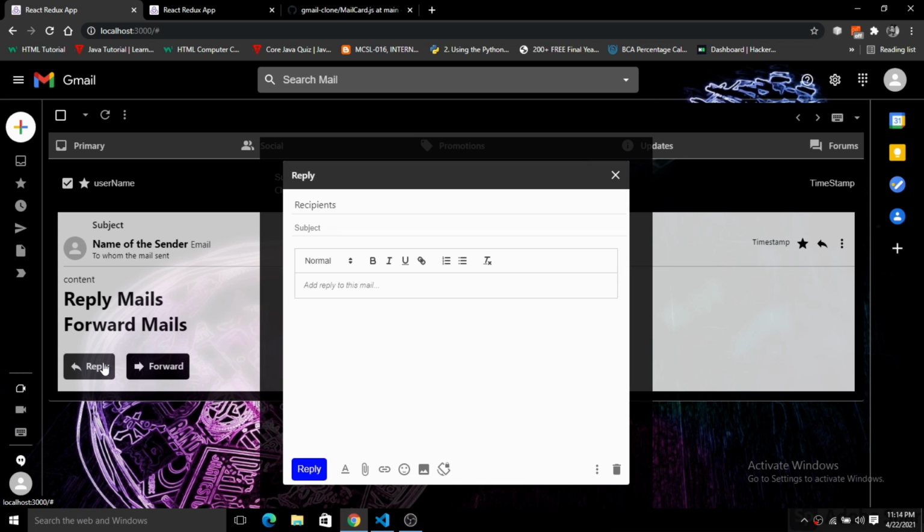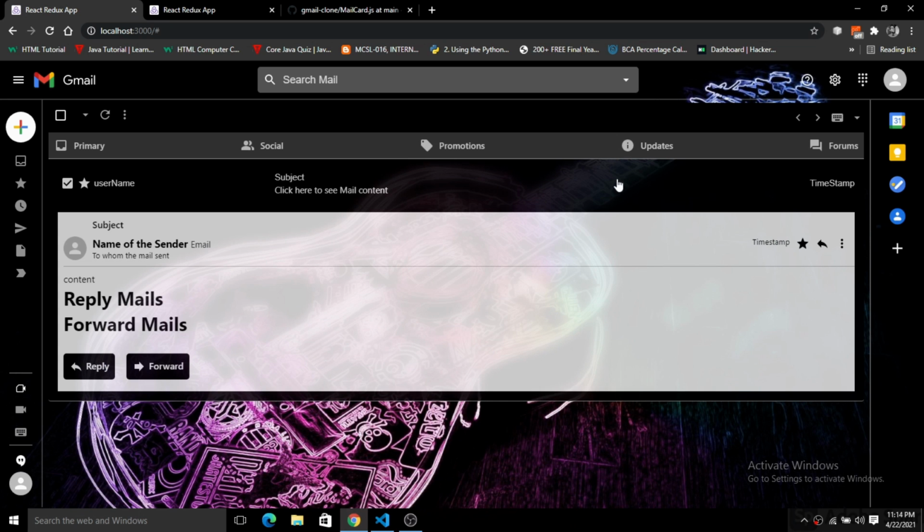So this is the third part. Okay, so what we have done in the first part: in the first part we have covered the demo and the configuration. In the second part we have covered building the UI. As you guys can see here, this is this UI. Here we have created the sidebar, the header, we have created the widget, and we have created the mail component. In the third part we have added a React modal integration, and we have created a reply mail and the forward mail feature inside this application.